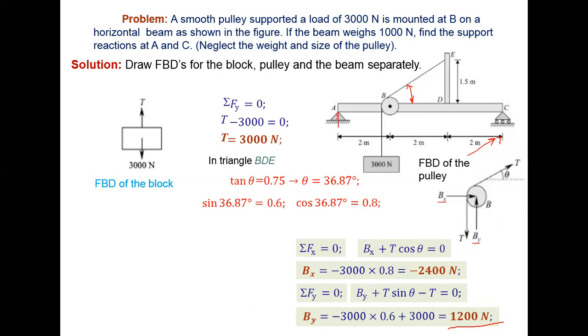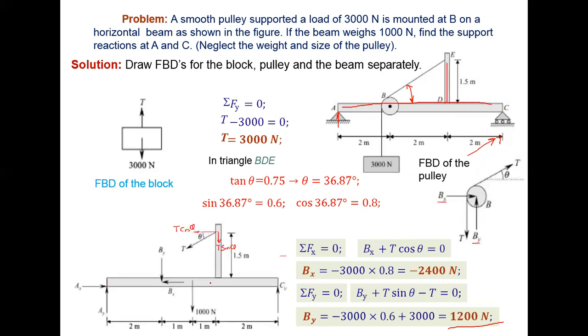applied from the supports. Okay, so what external forces are acting at points A and C, that we will try to find out. For that we need a BD of the beam. So now let's draw a BD of this beam. Okay, so this is the beam, and what forces are acting on this beam is shown in this figure. So this is a hinge point A. This point A is a hinge support, right?